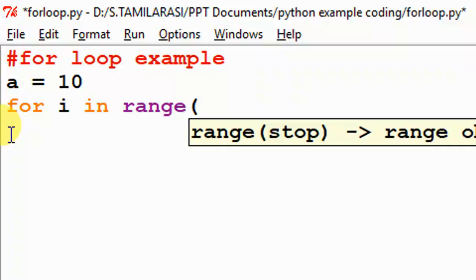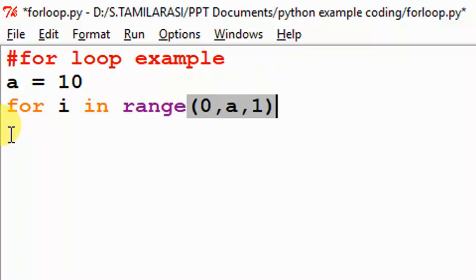The first value is the start value, which is initial value 0. Next is the end value, you can use a or 10, so I am using a. Next, how many steps to iterate, that is 1. First I am checking 1.